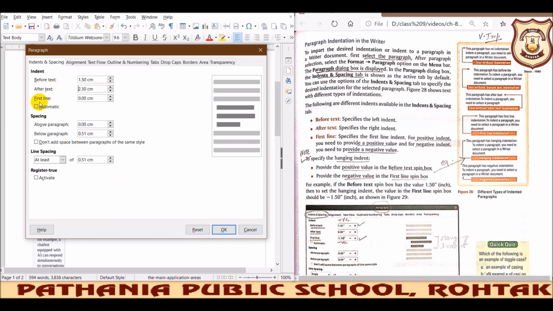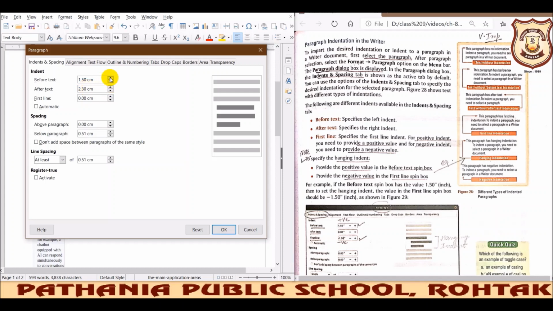For the first line indent, we provide a positive value for a positive indent, and a negative value for a negative indent.